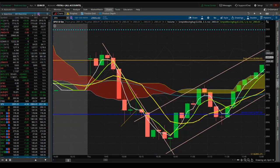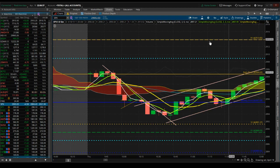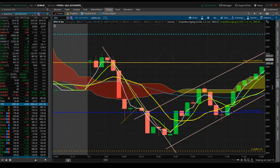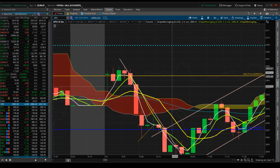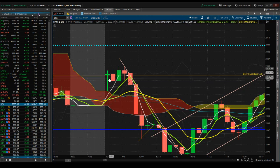So you kind of have to gauge what's going on. With the subscription, I tweet out all the different floor pivot levels and make it very easy for everybody to follow along with what we're looking at intraday. If you look here at the daily pivot level, we gapped up a little bit today, then pushed down, and then came up with a northern doji right over the daily pivot. So this is a pretty bullish looking